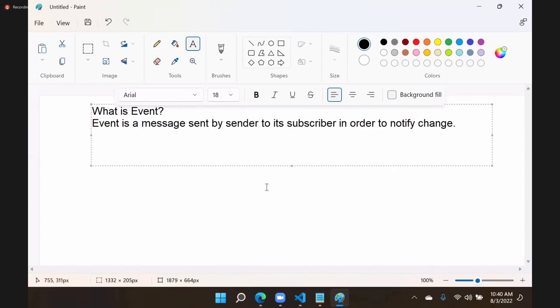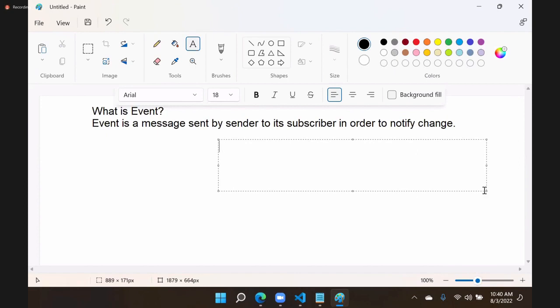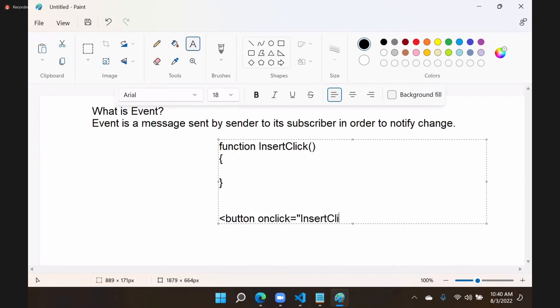Event is a message sent by a sender to its subscriber in order to notify the change. Actually, you are writing a function called insertClick. Now this function, we are writing button onclick. Onclick is equal to what? Insert click. This is an insert button, am I right? Actually, what happens? This is called